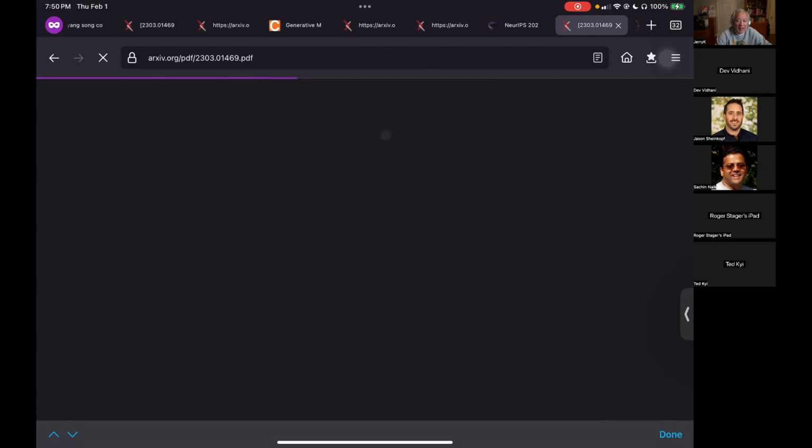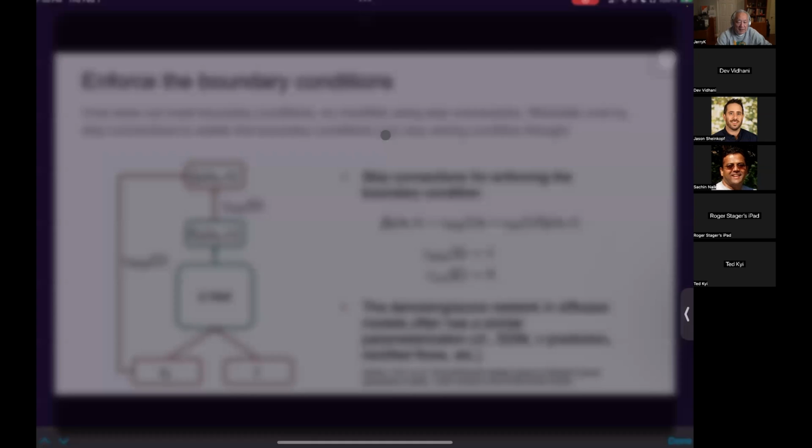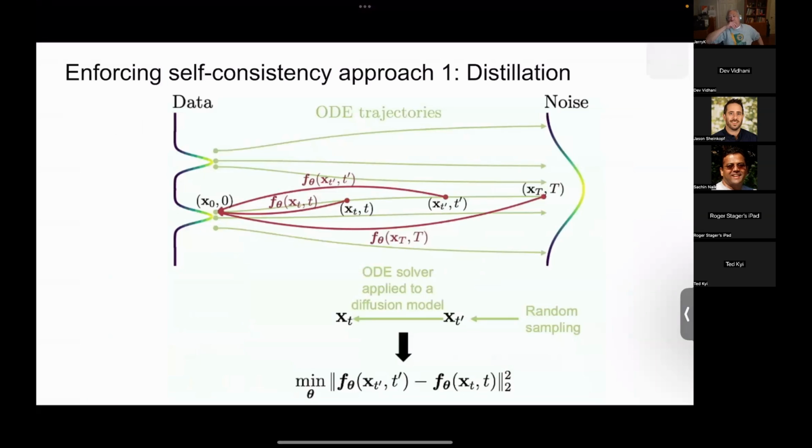By the way, this is just a small part of the paper. The other algorithm is the bigger part. While it's loading, we can come back to it if that's okay with people. Sure. That was just the boundary condition, right? We'll look at that. But the bigger part is the